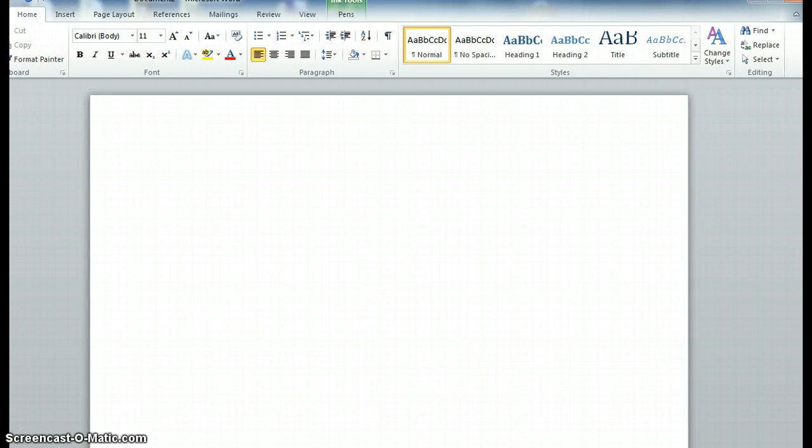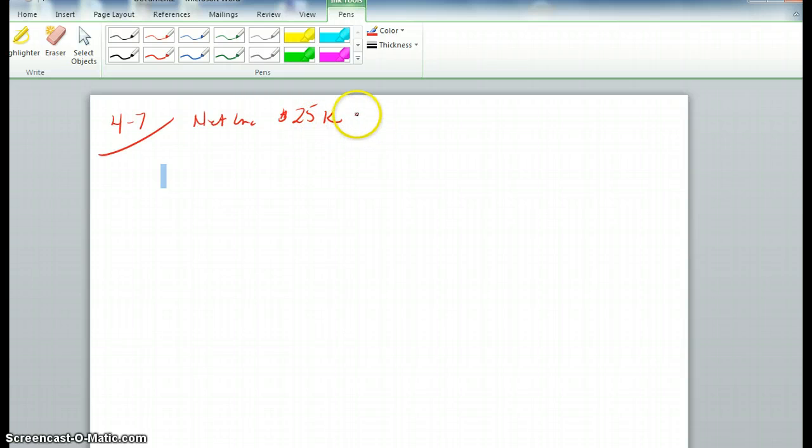So I thought we would take a look at 4-7 and see one way that might be a good way to do this problem. We have been given net income of 25,000, and I just use K for thousand. Common equity we have been given is 250,000. And so ROE, return on equity,